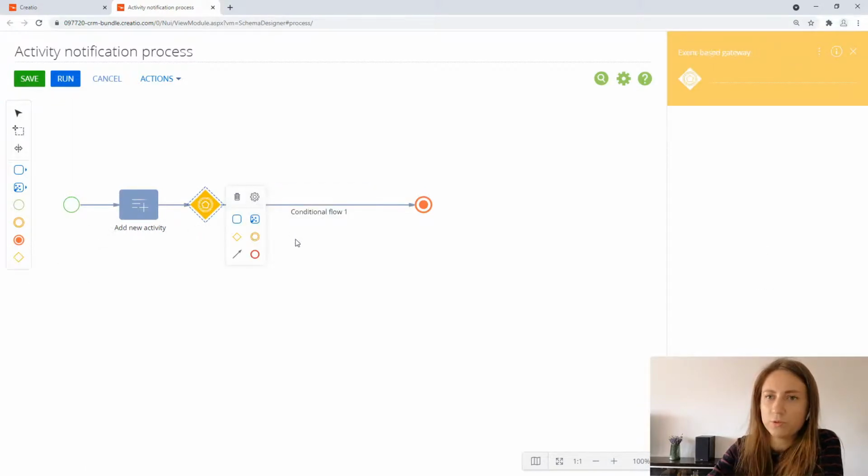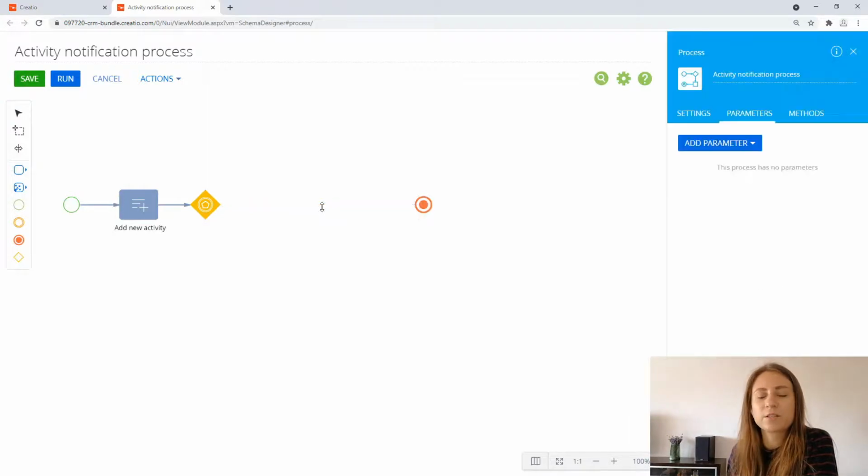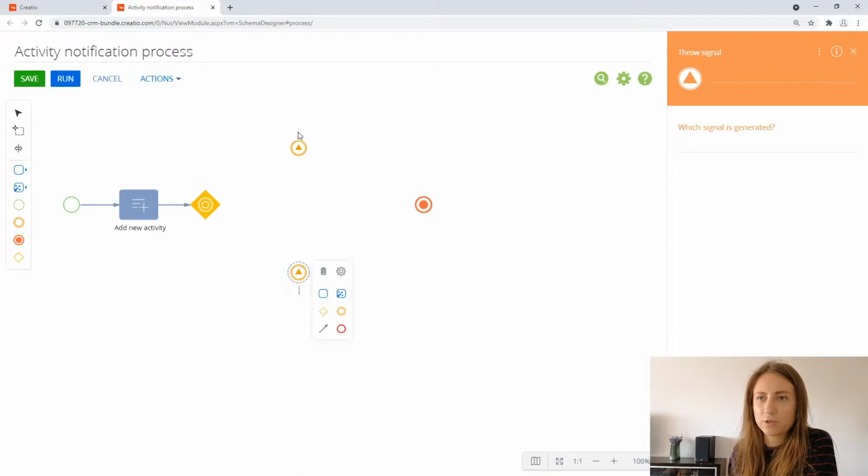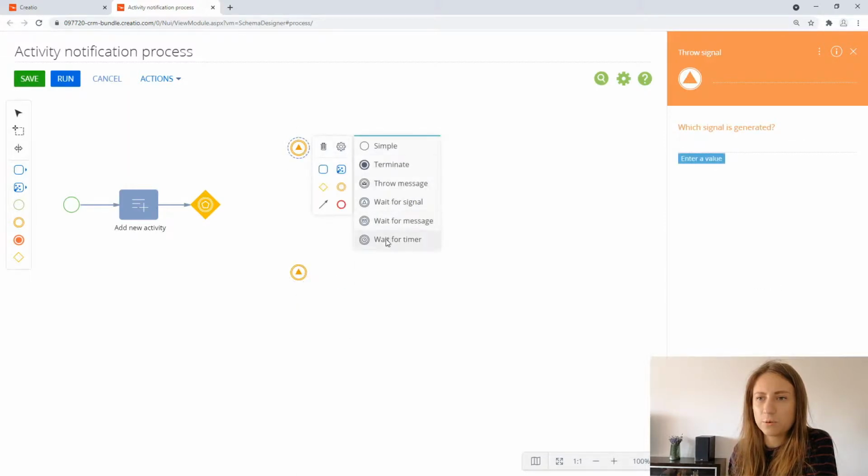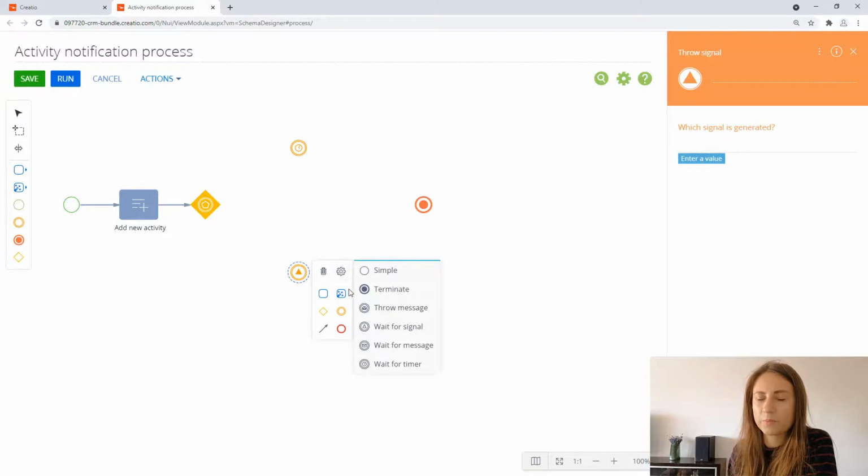And what we're going to do is utilize our intermediate events. We're going to have a timer and a signal, and wait for a signal, basically. In the event-based gateway, whichever signal, basically whichever event happens first, that flow gets activated. So what I'm going to do here, let's do this and this. I'm going to change this to a timer and this to wait for signal. So